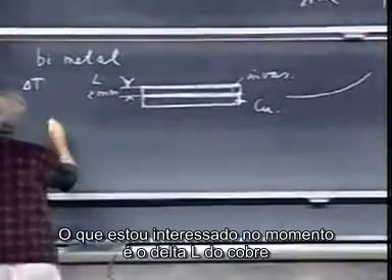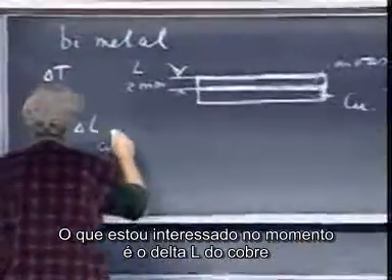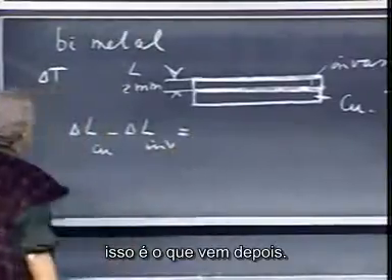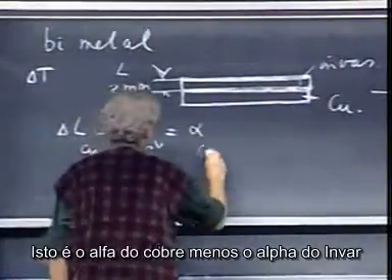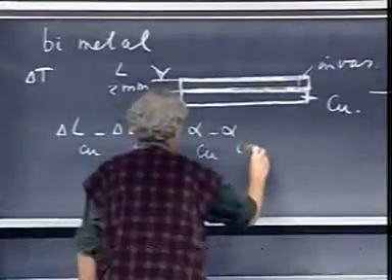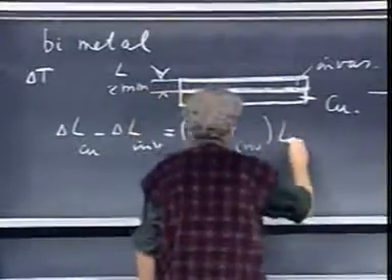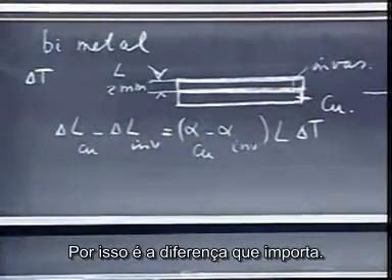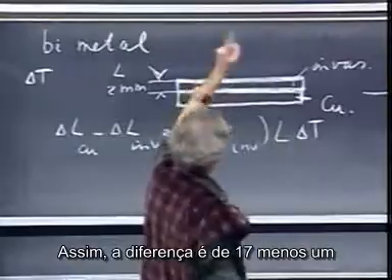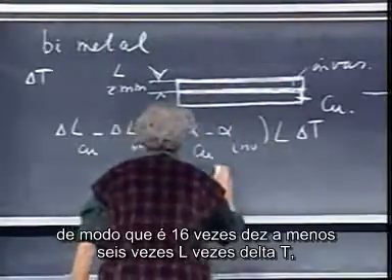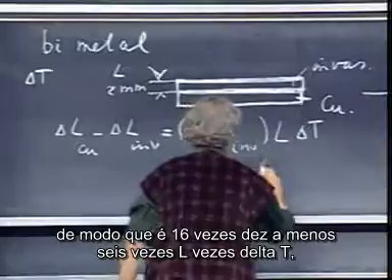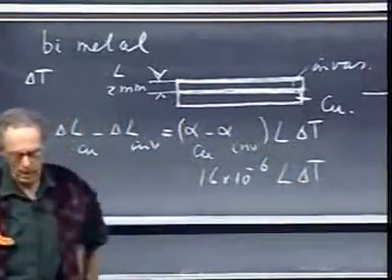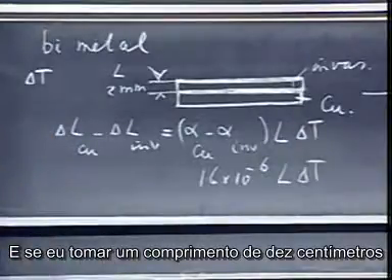So what I'm interested in is really the delta L of the copper minus the delta L of the invar. That's what I'm after. And that is the alpha of copper minus alpha of invar times L times delta T. So it is the difference that matters. So the difference is 17 minus 1, so that is 16 times 10 to the minus 6 times L times delta T. And if I take a length of 10 centimeters